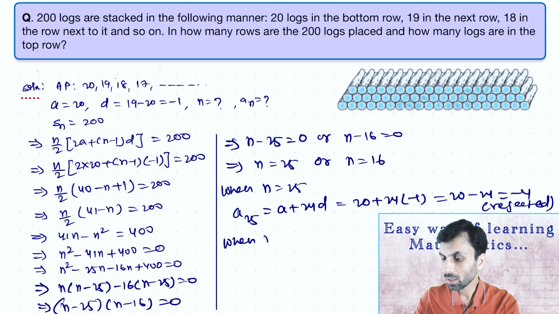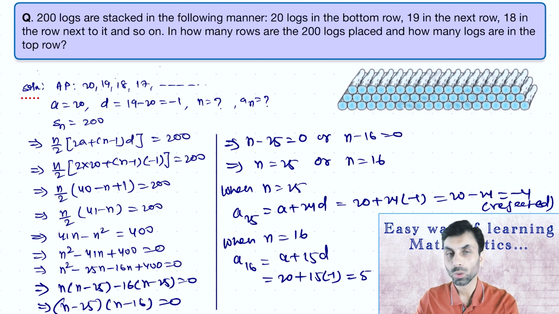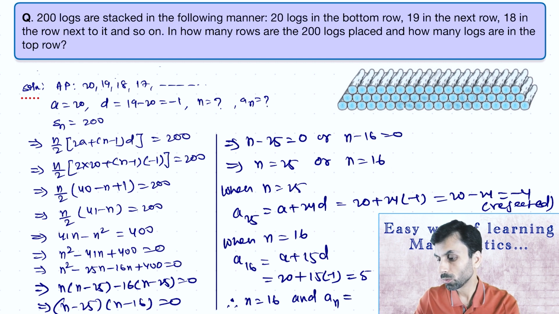Now we'll take when n equals 16, we'll get a16 equals a plus 15d, which will be 20 plus 15 into minus 1. On solving, we'll get the value of it as 5, which is possible. So we can say, therefore, n equals 16 and an equals 5. That means the number of rows will be 16 and the number of logs in the last row will be